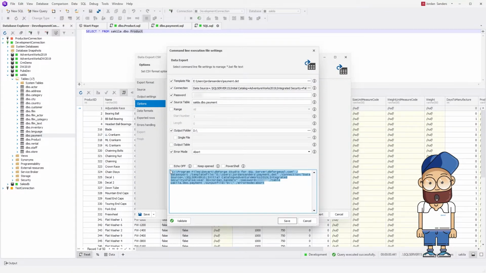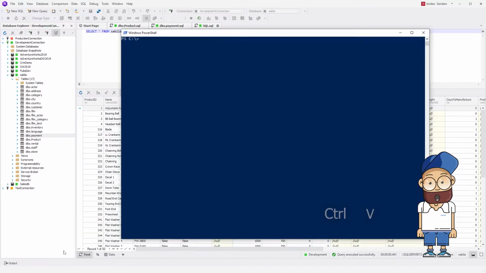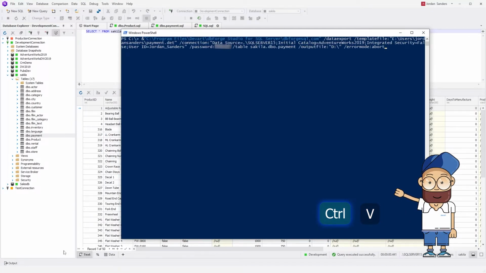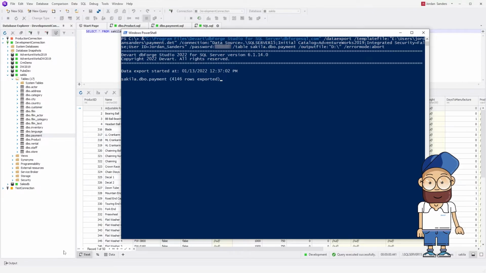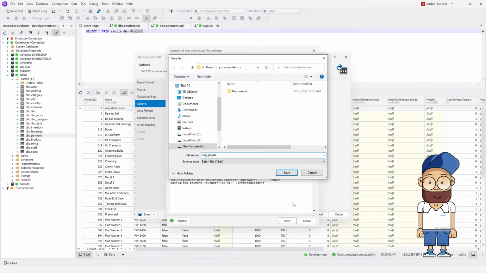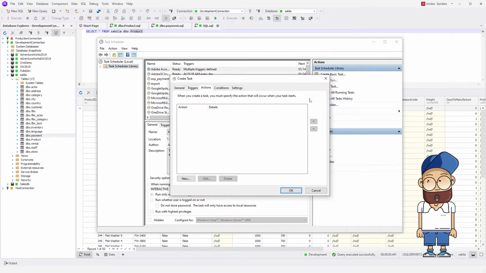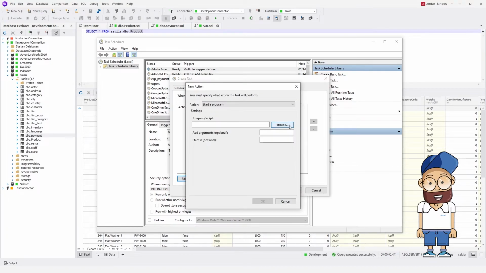The generated commands can be executed both in a command line terminal and in PowerShell. Just select the corresponding checkbox and the command will be generated for PowerShell. Save the generated command to a BAT file and then run this file. You can also schedule a data import or export task in the task scheduler. Just add the path to the batch file when configuring the scheduled task.